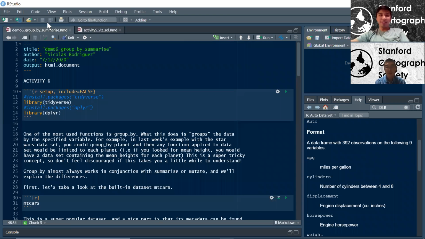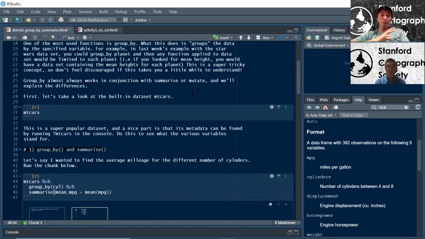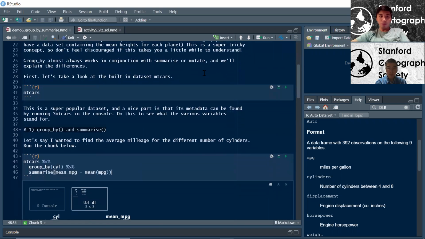All right, group by summarize. So bear with me. I'm going to go through this relatively slowly, and it is tricky. If you have questions, feel free to ask them in the chat, and Kevin will try to answer them. We're going to take this as slowly as possible, because this is such an important building block. You can definitely go through all of the writing, but in essence, what group by is doing